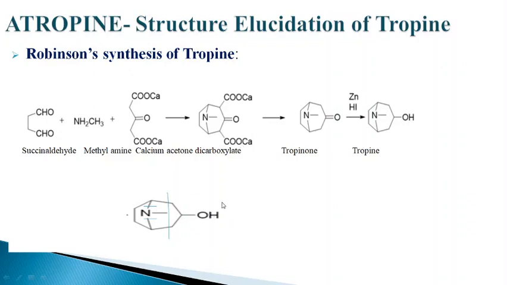As you can see in the structure of tropine, he degraded the product into three parts. The first part, as you can see here, is succinaldehyde, CH2, CH2, CHO. So the first substrate he took was succinaldehyde. Secondly, you can see this simple degradation product is methylamine, CH3NH2. He took methylamine as the second reagent. And the third one is acetone,